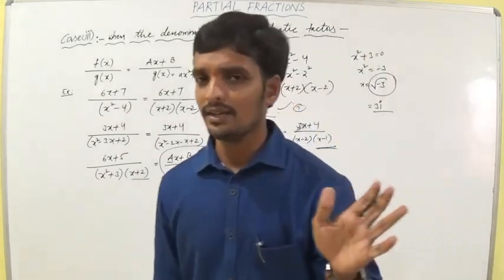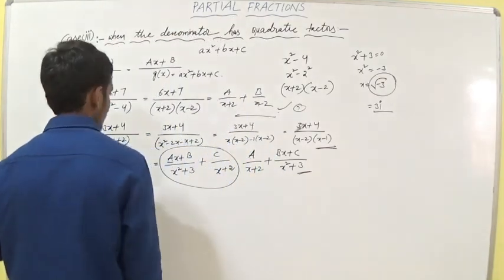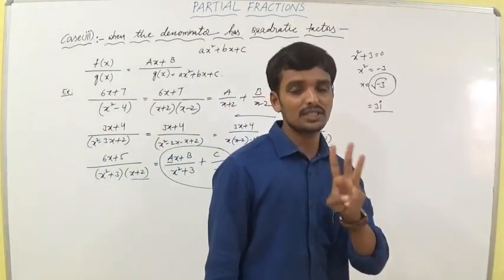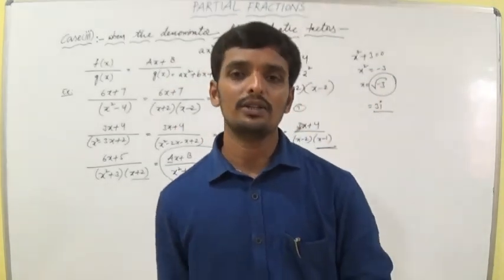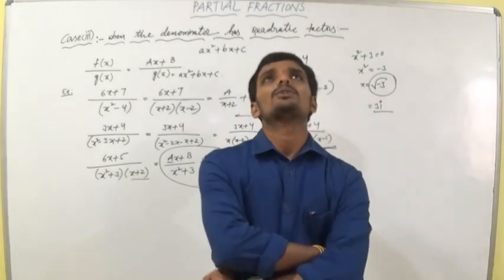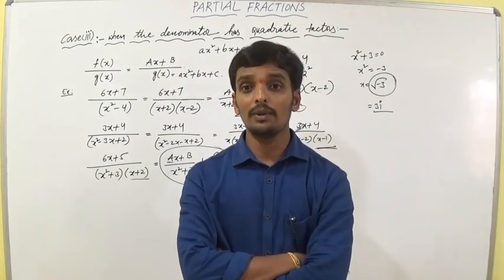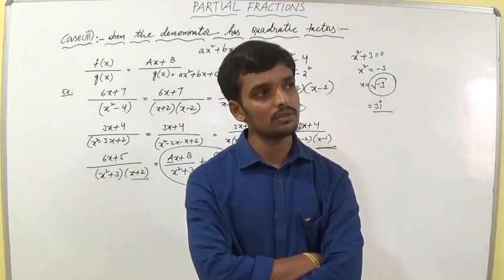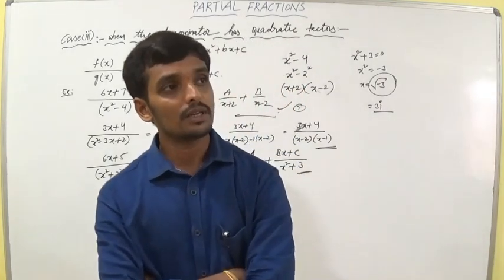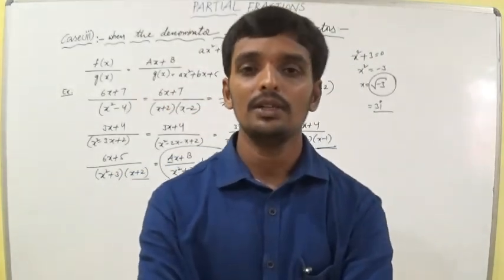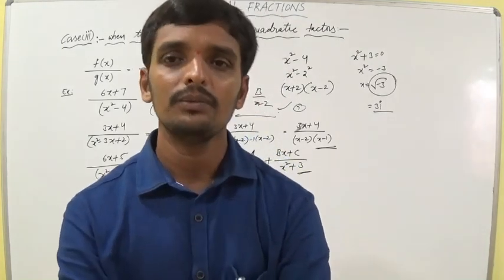So we are getting some knowledge. How to solve is secondary. First of all, if you see the problem, which method do we have to apply, either 1, 2 or 3? This is the most important thing in partial fractions. If you see the problem, we can check case 1. We cannot apply case 1, so move on to case 2. Can we apply case 2? If you can, you can. If you cannot, move on to the third case. Can we apply case 3? Yes, we can apply case 3. Which is suitable and which is the correct case, you can use only that.